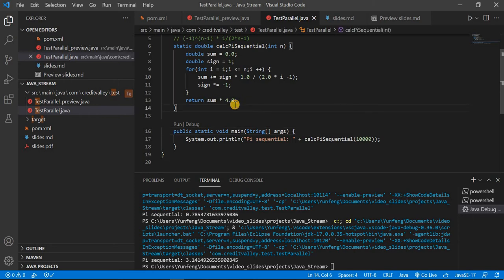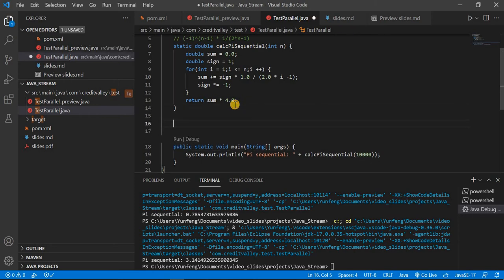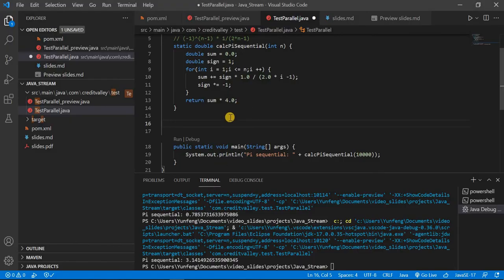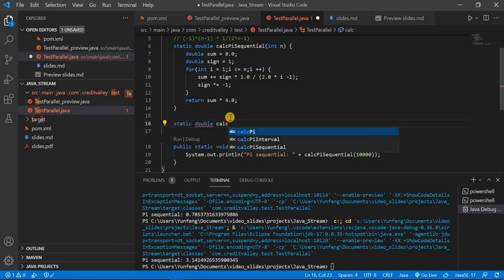Now let's parallelize it. So the idea of parallelization is we divide the very long sequence into a number of independent intervals. Then we calculate the sum of each interval using an independent thread. Then we sum the sums together. So the first parallelization we're going to try is using future and task. But regardless, we need to calculate the sequence in the interval